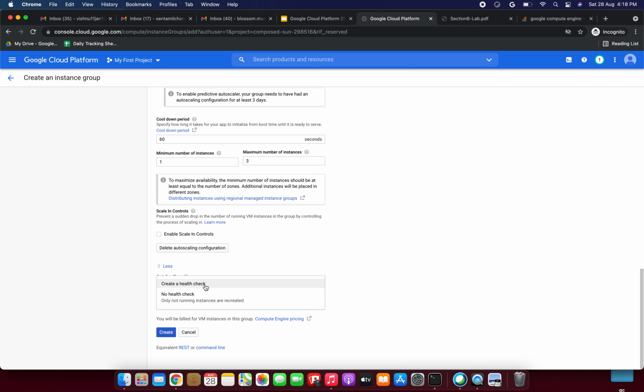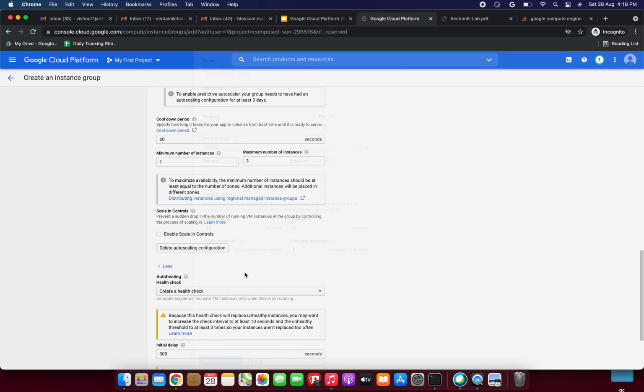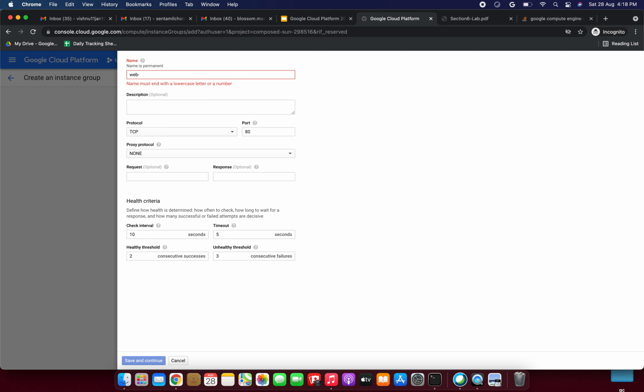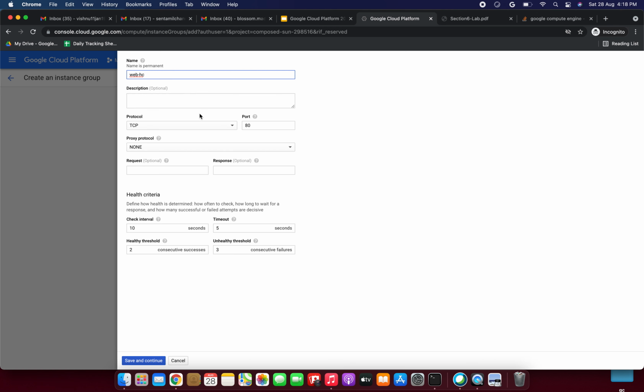So what is a health check? Health checks are among the immediate remedies offered by a cloud provider to ensure early detection and reporting of a service failure so that corrective actions can be taken. Google Cloud provides health checks to determine if backends respond to traffic. Now we are going to create a health check. So now we need to provide the name for the health check. I am giving web-health-check, and the description is optional, we can provide it.